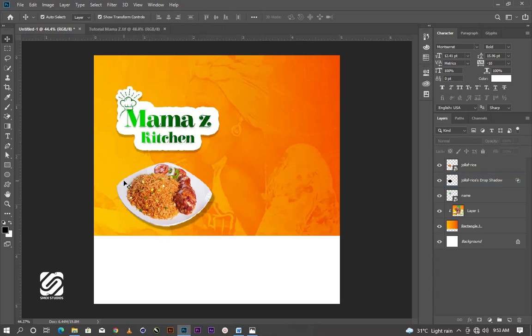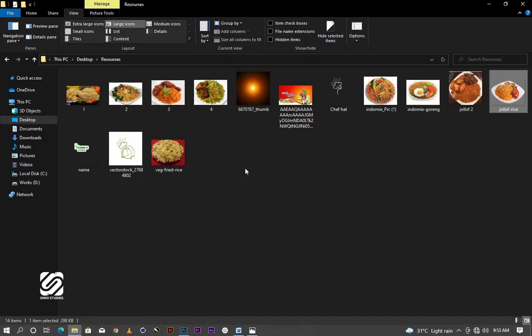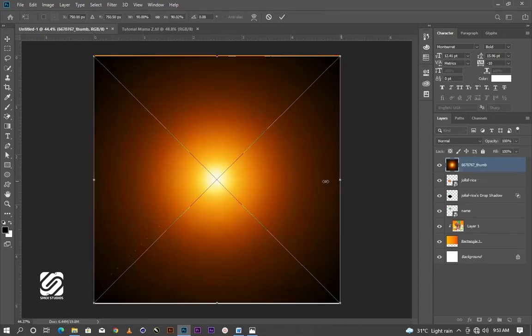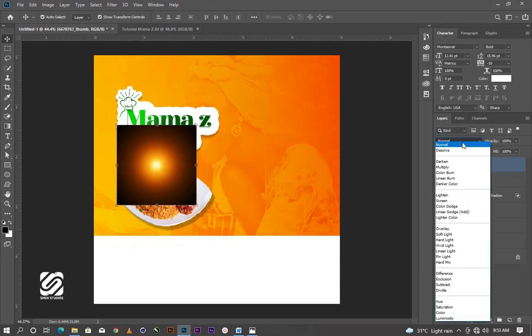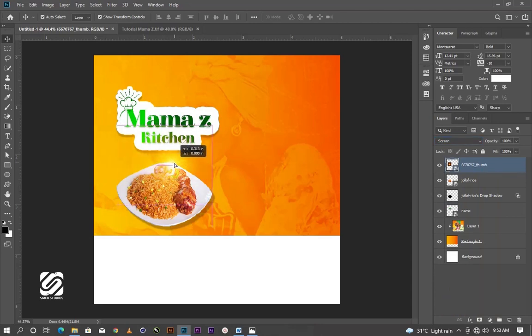This is too dark for my liking, so all I need to do is just bring this particular lighting effect, reduce it to this particular point, change the blending mode to screen. I think this is okay for me. It's actually perfect. Let me increase it a little bit. Okay, I think this is fine. It's affecting the image here, then a little bit of line. That is just perfect the way I want it. Okay,